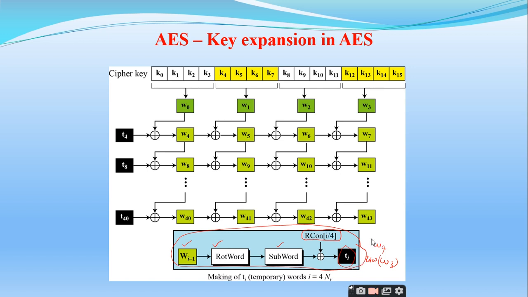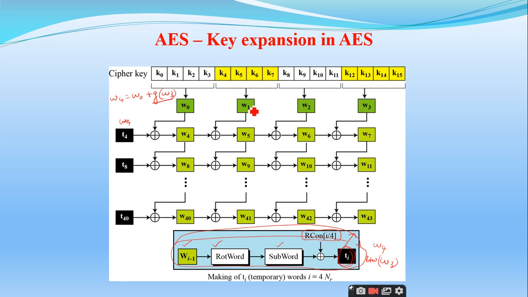Clear? Yes, sir. So this is T4, but in order to get W4, what do I have to do? Whatever result I get here should be XORed with W0. That is the reason I write W4 equals W0 plus G of W3. So this G is nothing but this entire thing,